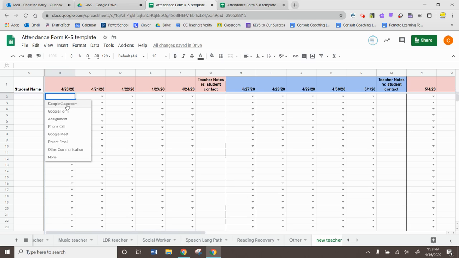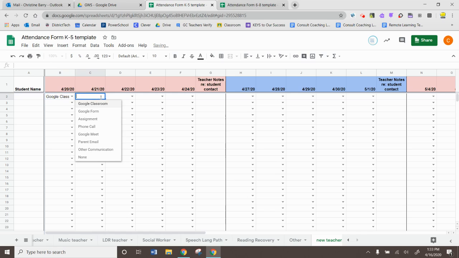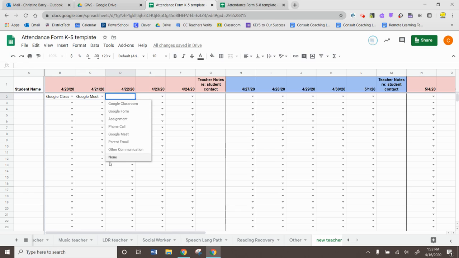So if they had contact through Google Classroom, they would select that. If it was through a Google Meet, etc. If the teacher had no contact or communication with the student that day, they would select the None option. You will see once the teacher selects None that it does highlight in yellow just to offer a visual cue for the teacher and for the principals